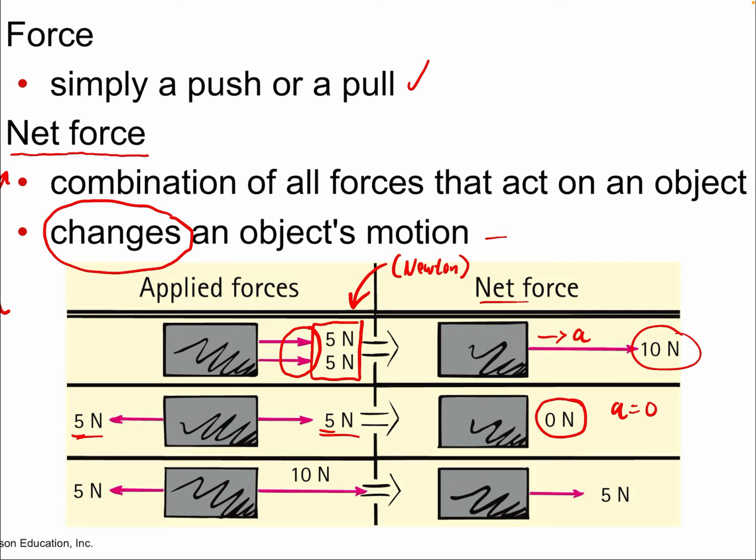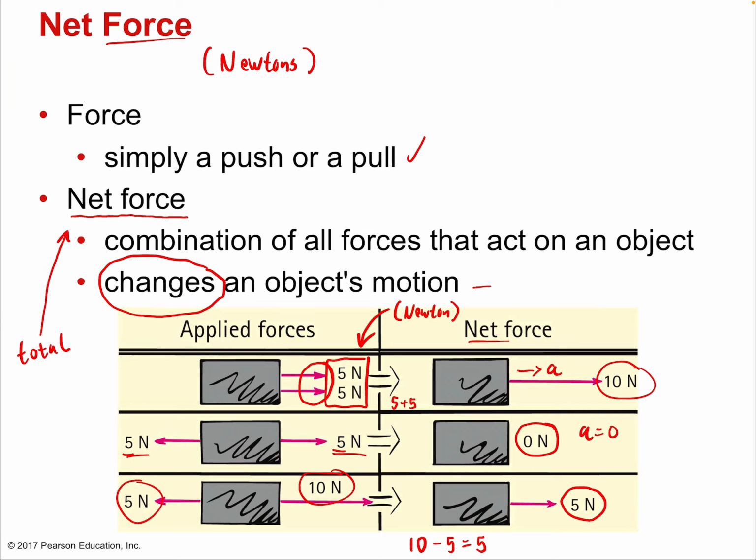But you could have two forces on either side, but have them be unequal, have one larger, the force to the right be larger. Well, then there is still going to be a net force, right? How do I get that? Well, I take 10, and then I subtract 5 to get 5, just as we did 5 plus 5 in the case where they're both pointing in the same direction. What's a good takeaway from this? Direction matters, okay? Direction definitely matters. Forces are what are known as vectors, and direction matters. Force is a vector.